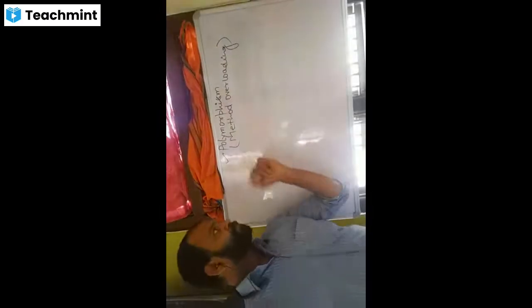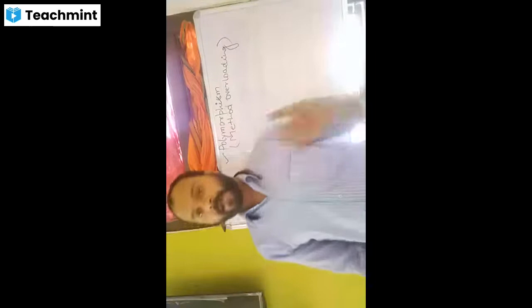Okay. So polymorphism, we had learned, is more than one form of an object, isn't it? When one object performs different tasks, multiple tasks in different situations, it is known as polymorphism. If we go for an exact definition of polymorphism, it would be more than one form of an object. More than one form of an object is called polymorphism. I had already explained each and everything in that video.